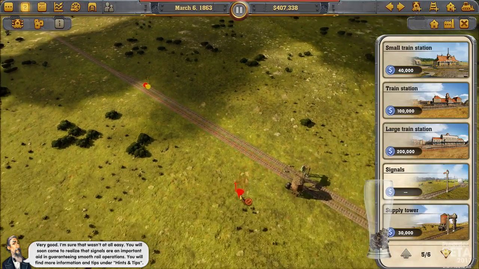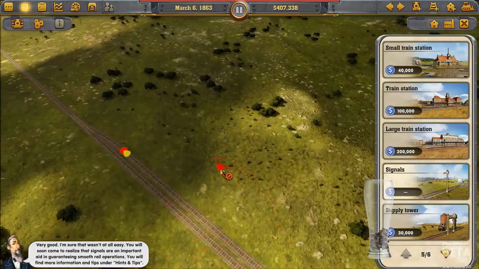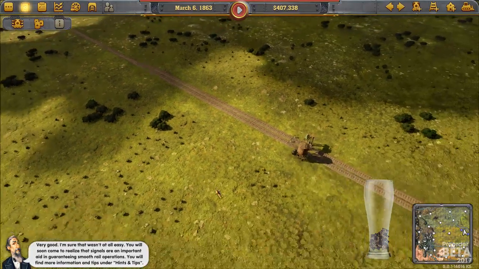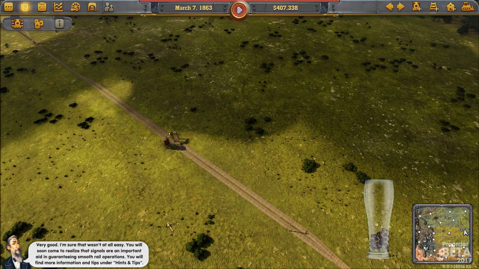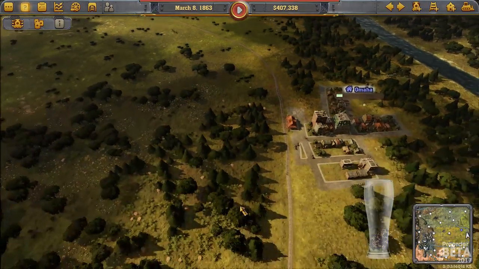Very good. I'm sure that it wasn't at all easy. You will soon come to realize that signals are an important aid in guaranteeing smooth rail operations. You will find more information and tips under Hints and Tips. Lovely. Okay, so